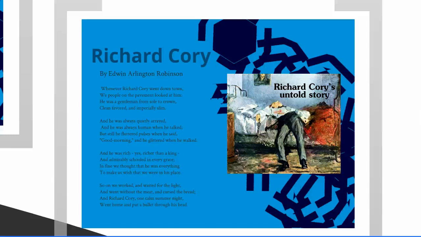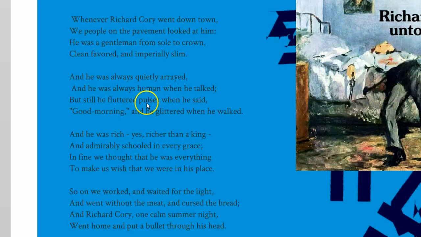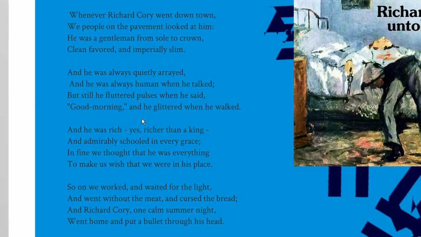Famous example of this is a poem called Richard Cory by Edwin Arlington Robinson, and it was later made into a song by a folk singing group called Simon and Garfunkel. But the story of Richard Cory goes something like this. And what I want you to do is read through the story, pause this, read through the story, and see if you can spot what the ironic twist is in this song. So go ahead and pause it and read through the story.